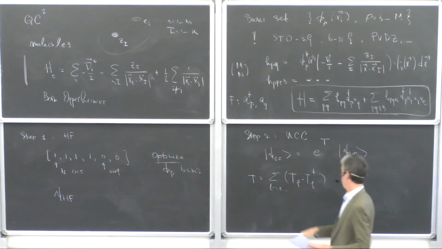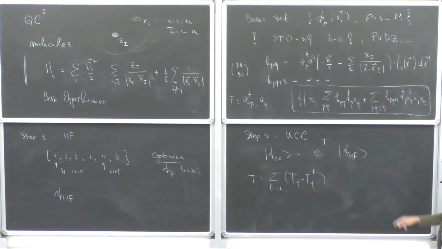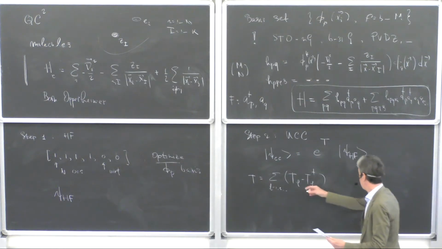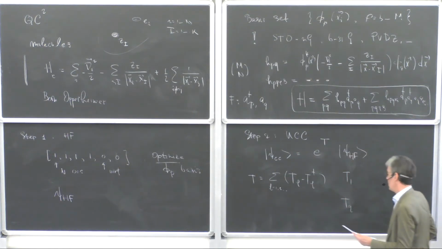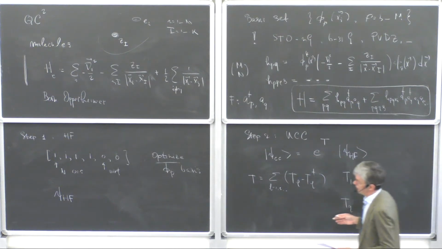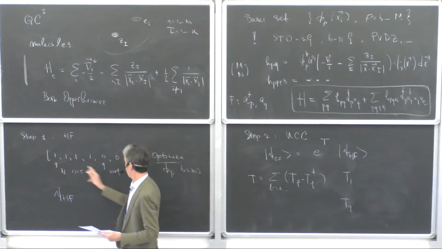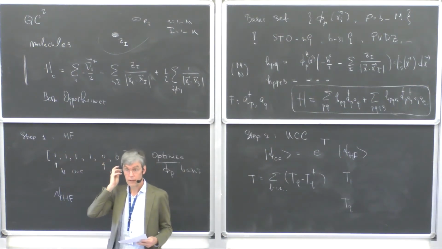So by doing this, I'm guaranteeing it's anti-Hermitian. So my thing is unitary. I guess I need an i somewhere, but you get the idea. And then what these T's are, there's a T1 and there's a T2, etc. These are operators that act on a state like this, which is my Hartree-Fock reference state, and they put,